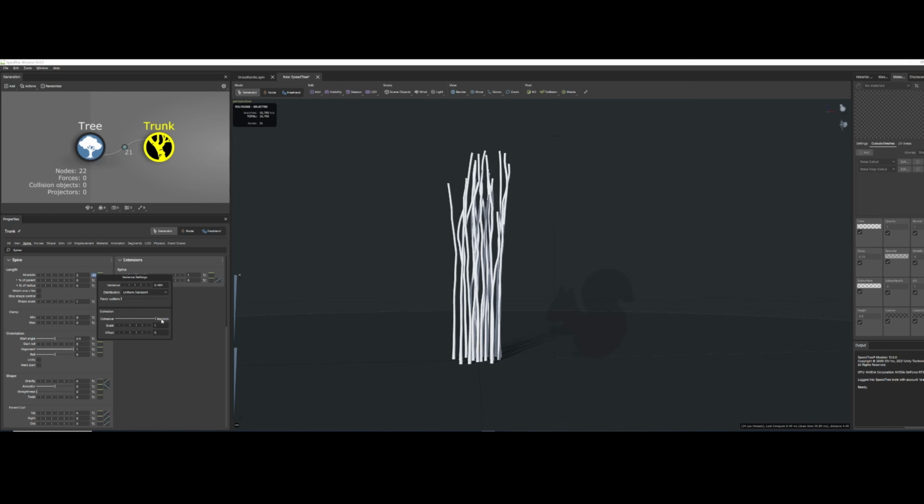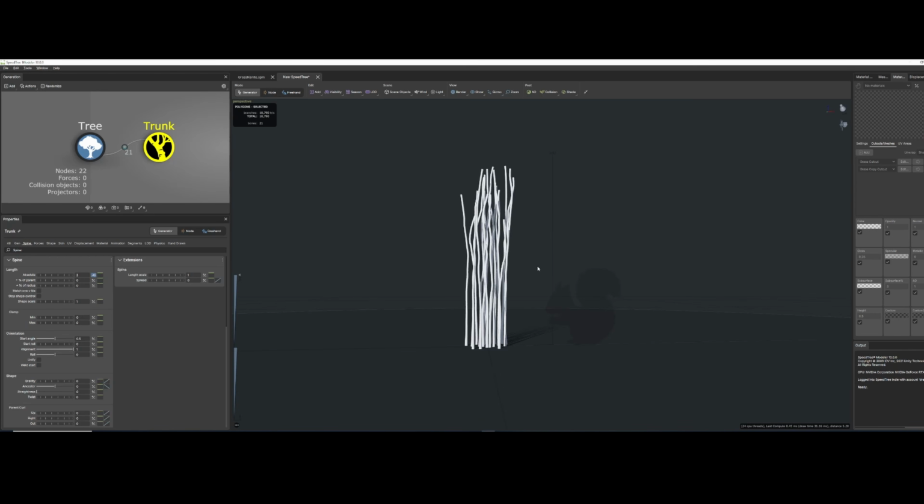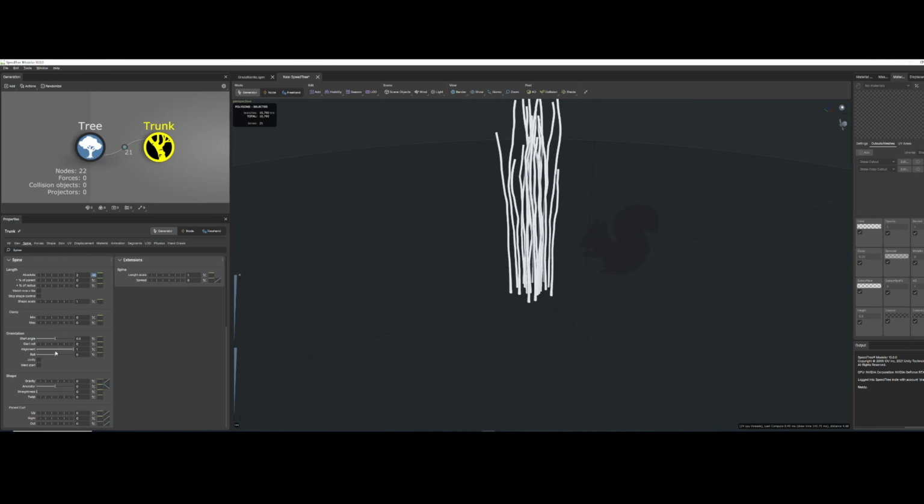You can also, right now it's set to random, you can also do cohesive, which will do it in clusters, but we'll just keep it random for right now. And the next thing we want to do is add a little bit of bend to this. So you go down. One important note, by the way, for Speedtree